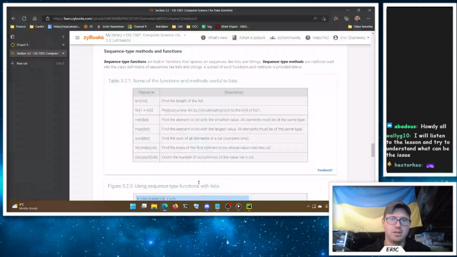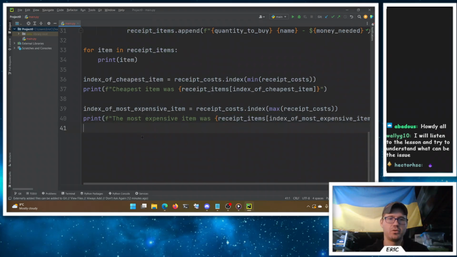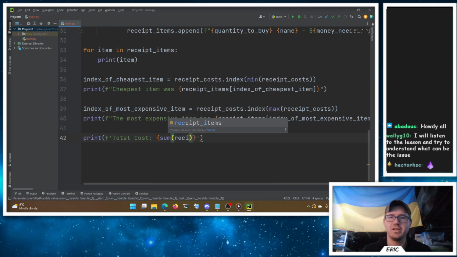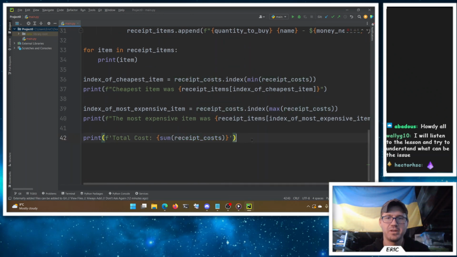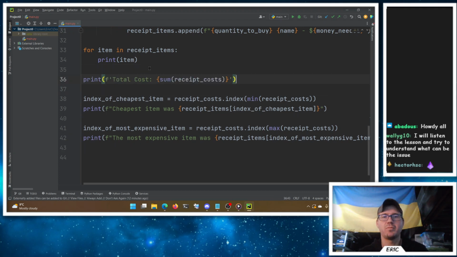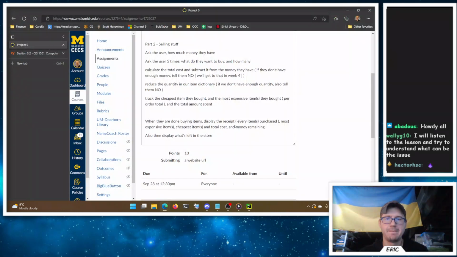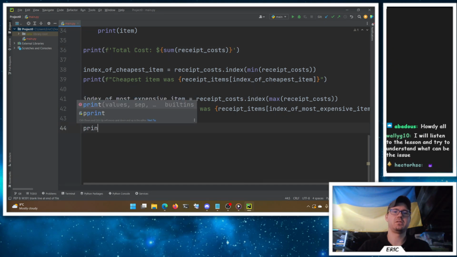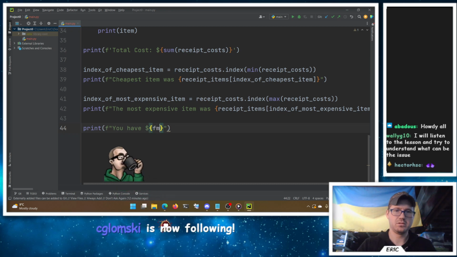Okay. And then what else do we need here? We needed total cost here. So then your total cost, we can print a formatted string of total cost here then was the sum of my receipt costs. Am I spelling receipt wrong? I don't know why it's not suggesting it for me. That's okay. Was it just the sum of the receipt costs? Maybe we even print that like up here because that probably makes more sense, right? Here's your total cost. Here's your individual items. Here's your cheapest. Here's your most expensive item. And money remaining, right? So we can print, you have, right, as a formatted string, total money